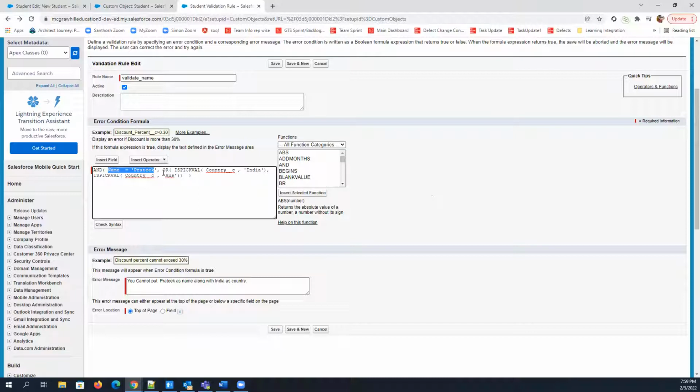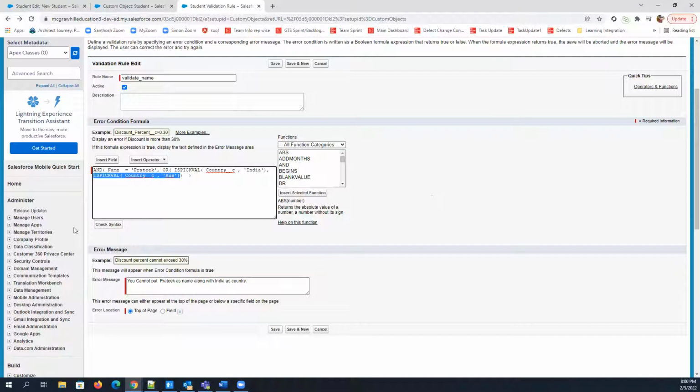So for that, we just need to check OR in AND itself, and in OR we are checking ISPICKVAL. Either the country is India or it is Australia. So this should be good, right? I mean, ISPICKVAL means that we are picking from a list. Right, ISPICKVAL is what you have picked from a pick list. Yes. So the countries India or Australia along with Pratik should be right. So you have to put it in a different way. A validation rule generally works like this: whatever condition you are checking, that should be true, then only your validation will fire.